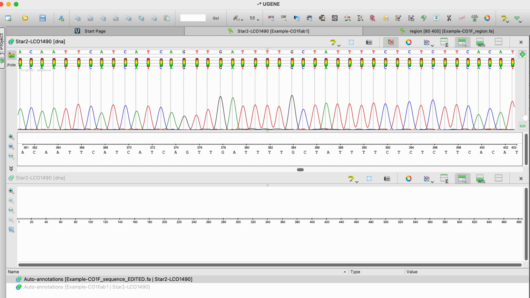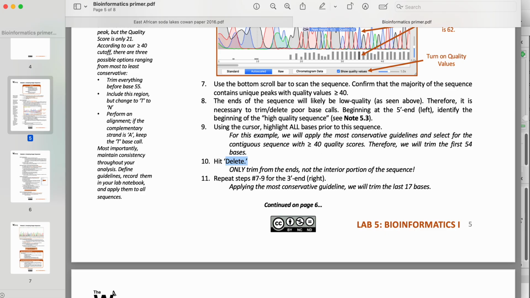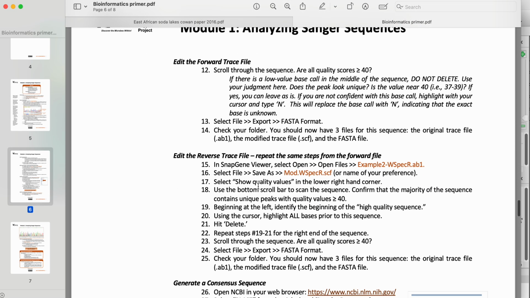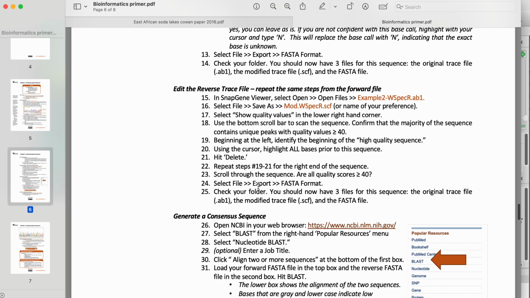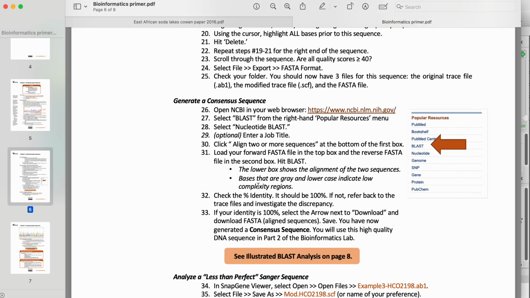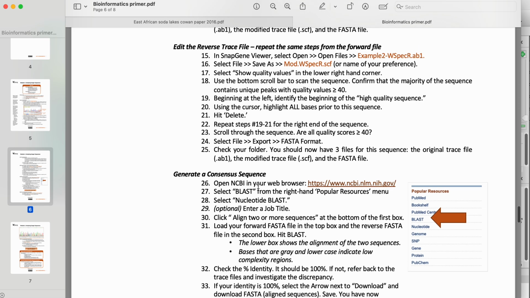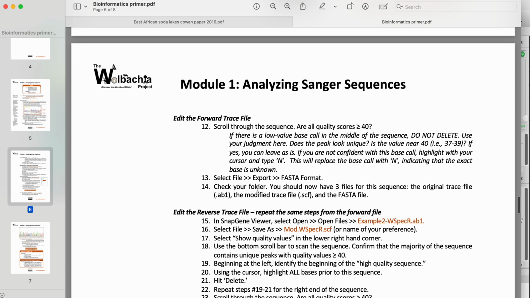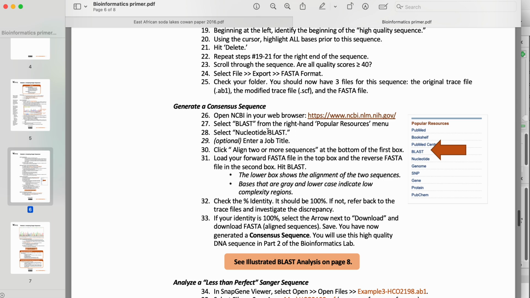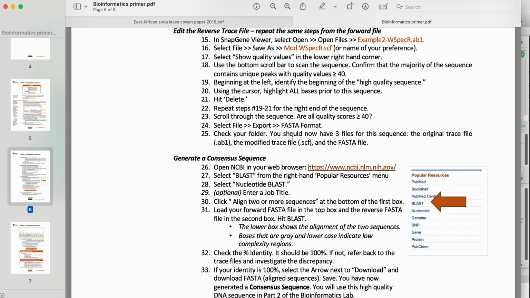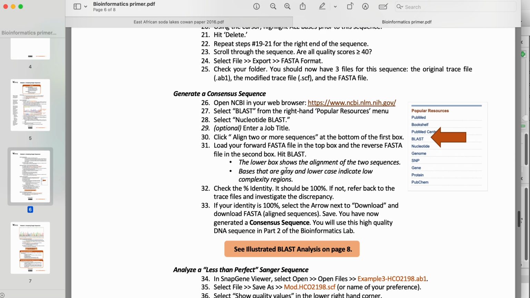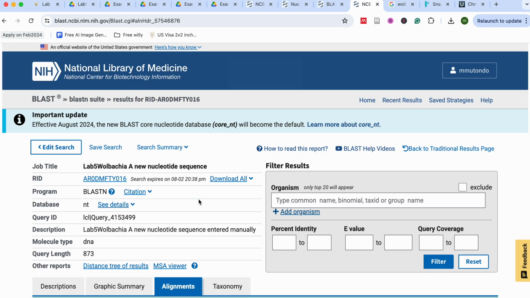So going back to what we're trying to do, if we come here and scroll down, because that's all about SNP gene, is it? So what we want is down here to generate your consensus sequence, to be able to just look for your BLAST and see what you find. So these are the things that you need to now look at. There's this issue of aligning. So if we go over here, if you notice what we did,